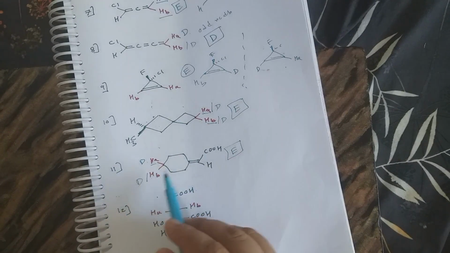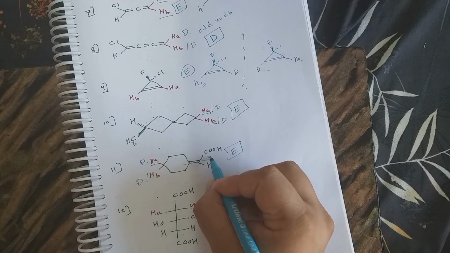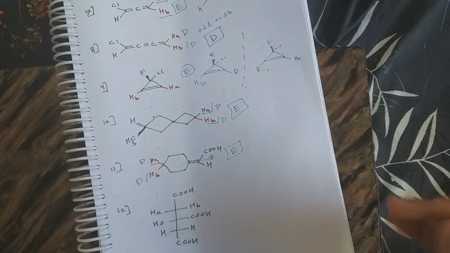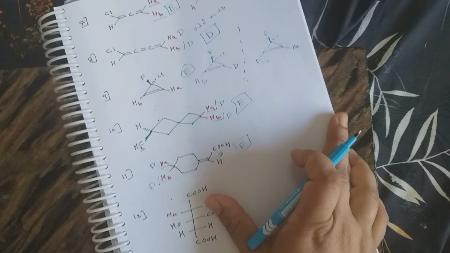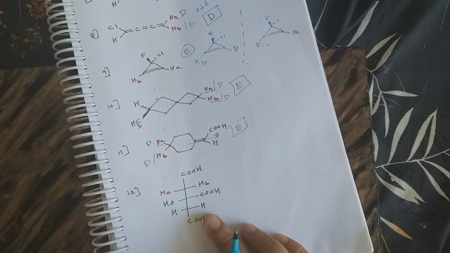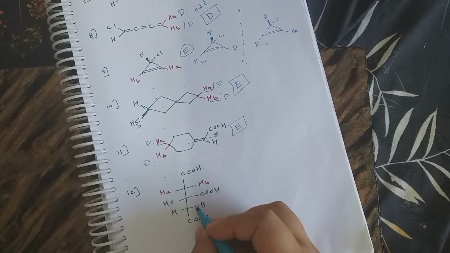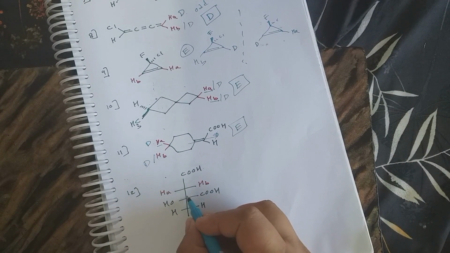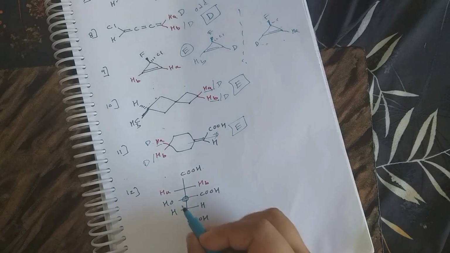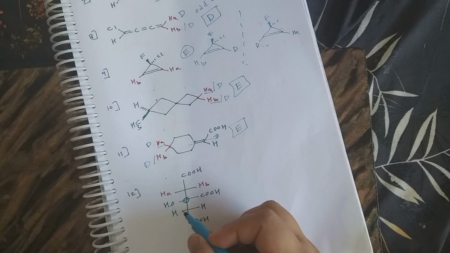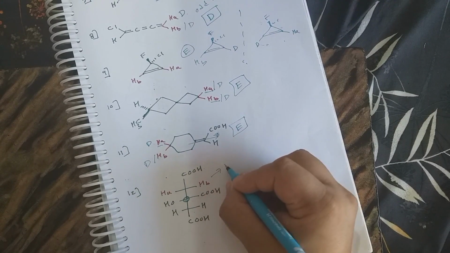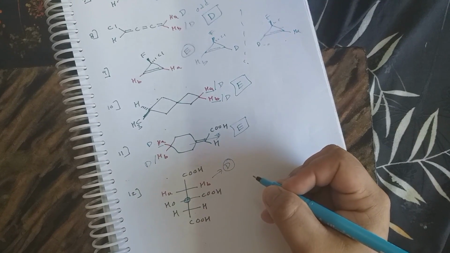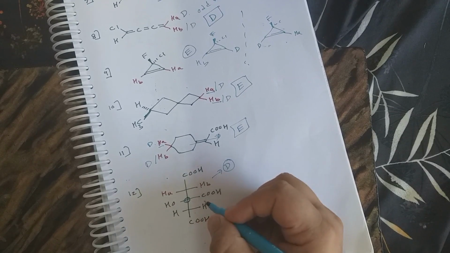Rotate it by 180 degrees and reflect it, you will get the same compound. Similarly, rotate it by 180 degrees and reflect it, you will get an enantiomeric relationship. Now here Ha and Hb: if I do this, this becomes a chiral center, as you can see. So what is the shortcut? If you have one chiral center, then for Ha and Hb you can directly say that this is a diastereoisomeric relationship.